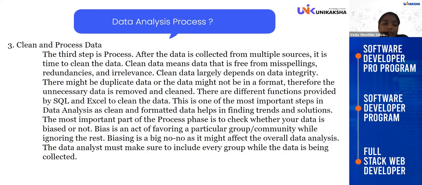And then finally, the third thing is cleaning and processing. Once you have collected that data and thrown everything into a database, a Google Sheet, or an Excel file, what you want to do next is clean it. You want to check whether it is in the right format, or whether any of the data is missing. So you will check all the data, and you will check the data types. Is the data type correct? Just take an example: in a particular column, is everything an integer, or is everything a string? You will be checking all those things to clean and process the data. So that is what this part does.